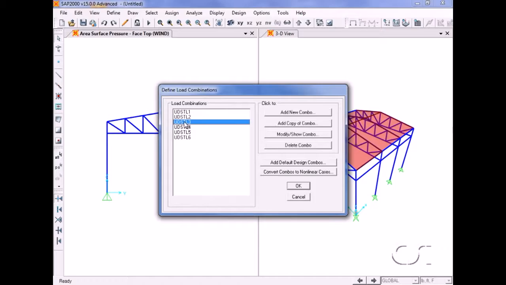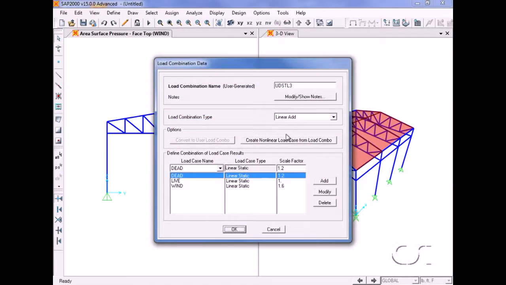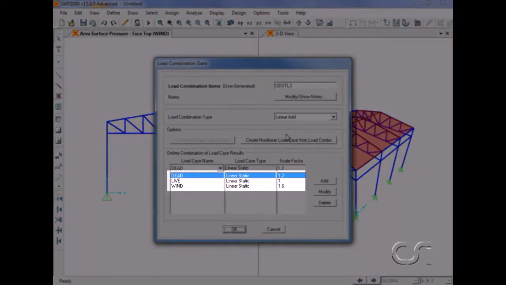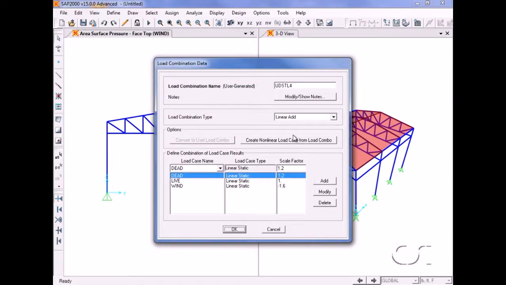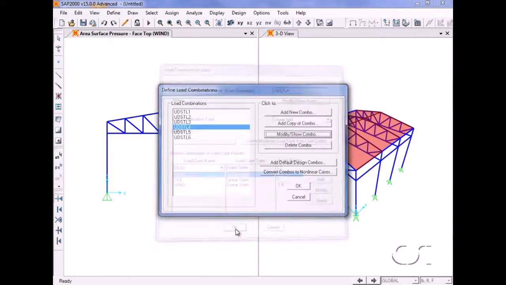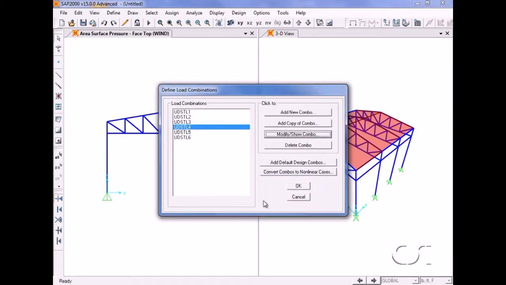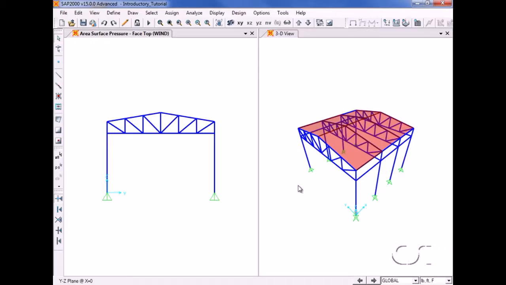We can review these by selecting and clicking the Modify Show button. 可以选择一个看一下。Note that the third combination is 1.2 dead plus 1.2 live plus 1.6 wind，风力1.6乘以，while the fourth is the same load case, but with wind applied with a negative factor. 变成负1.6，往另外一边吹。OK，